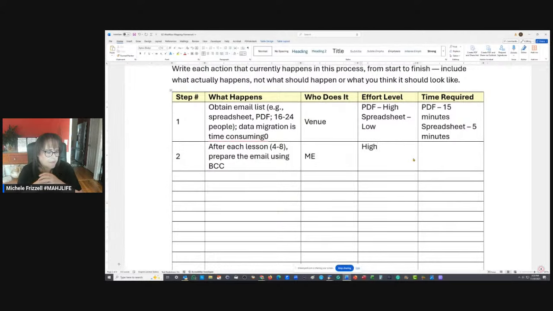Written level is high effort because you compose each one. You do not have a standardized email for each lesson. Is each lesson repeatable or is each lesson unique? This is in part because you do not know how to copy paste links and attachments and charts. Okay. I already think I have a solution for you if you're open to it, where you don't have to do any of that.